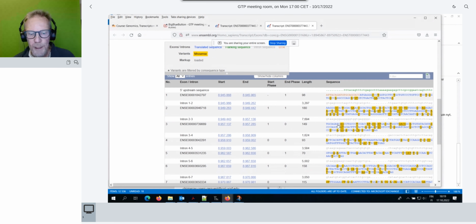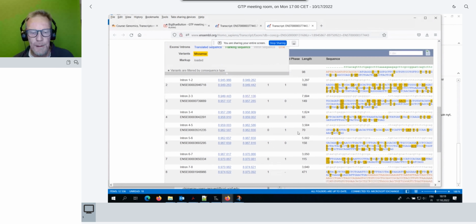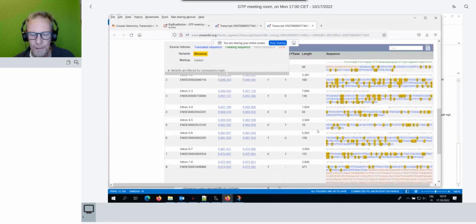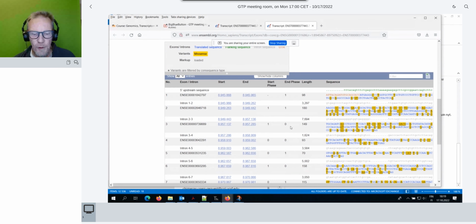So phase 0 means the cut happens precisely at the codon boundary, and phase 1 has 1 nucleotide coming from the left and 2 from the right, and phase 2 is with 2 nucleotides from the left. And here we have phase 0 and phase 1, and in many genes what we see